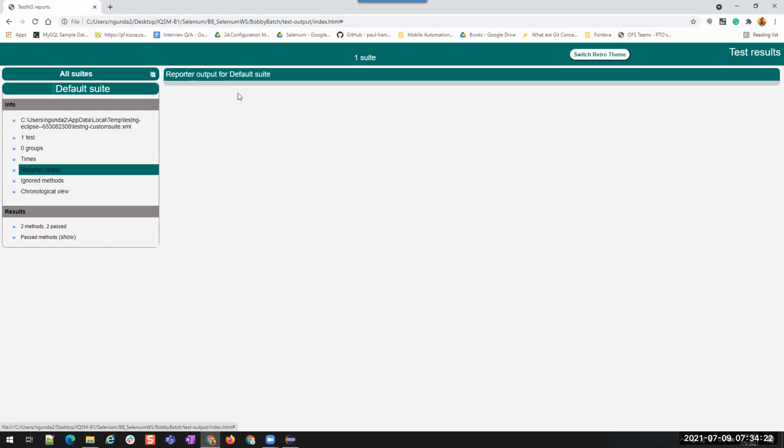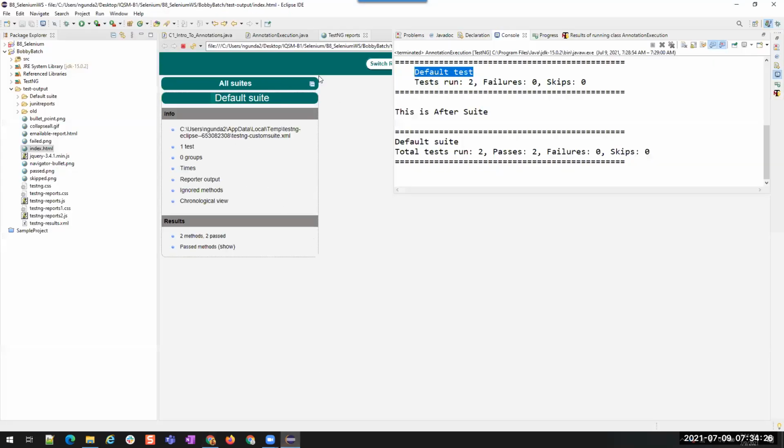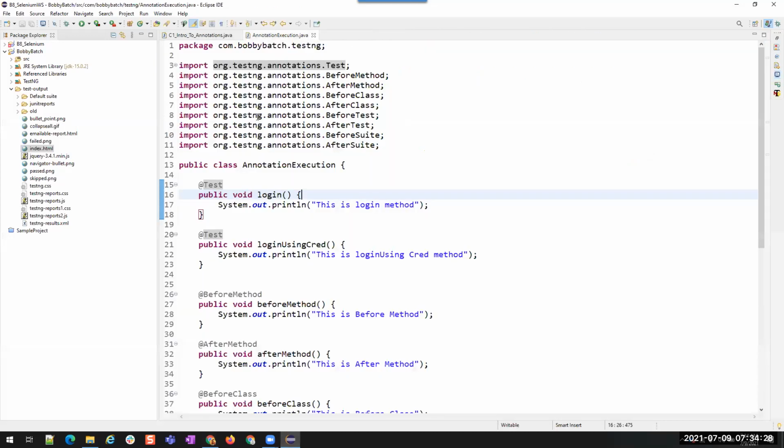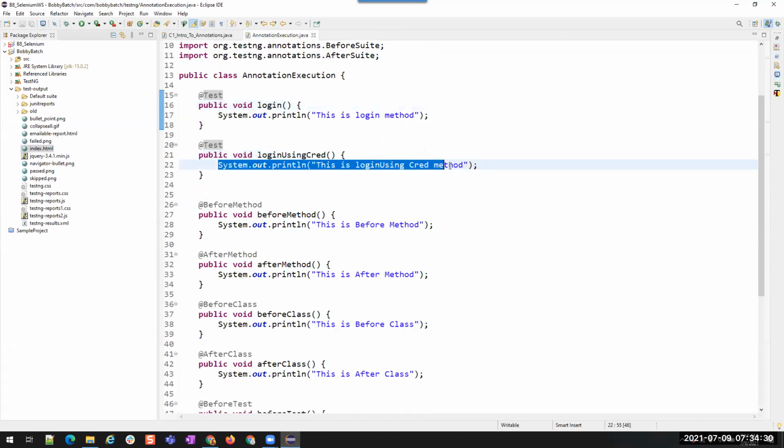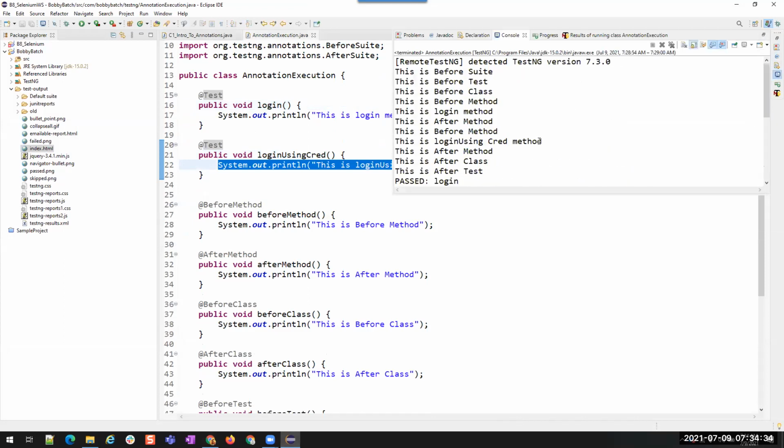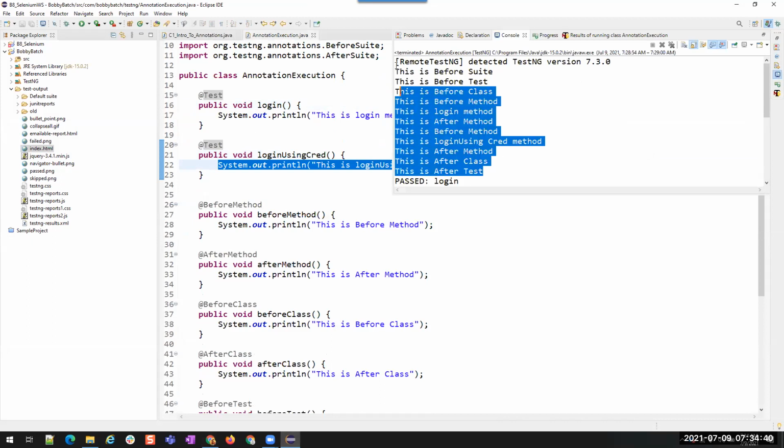Then this is the reporter output. If you have anything that I wrote, where is that? I wrote some syso statements here, but these statements are being printed on the console. But will the users of the application, or will everyone, be able to open Eclipse and see the console? No, right?